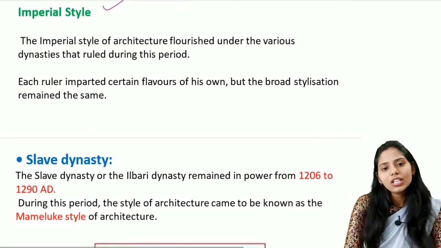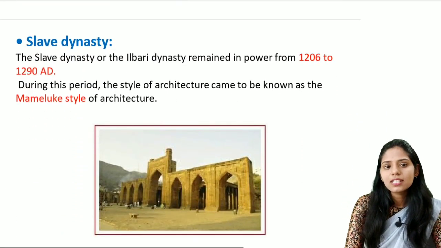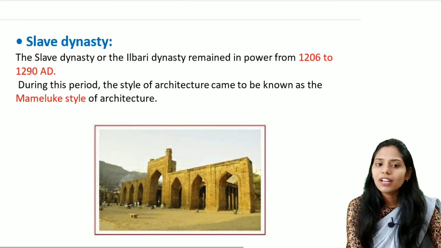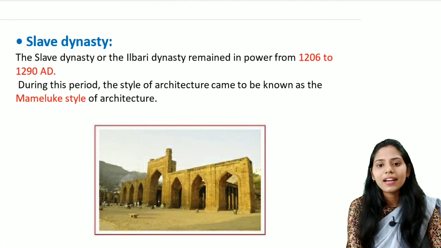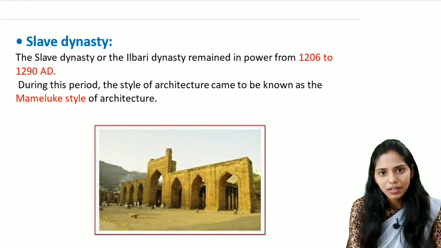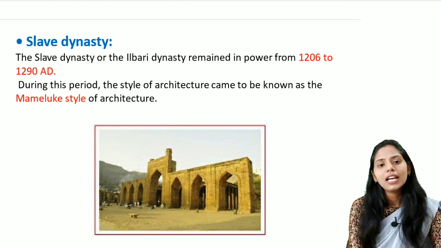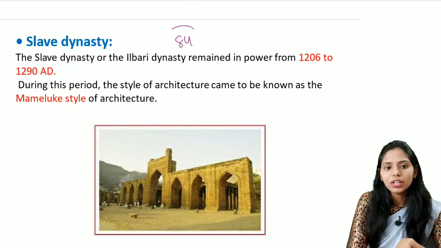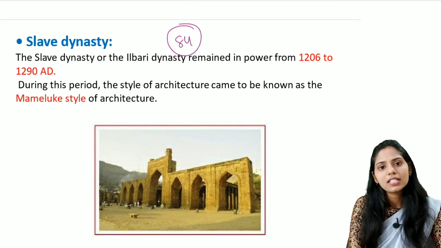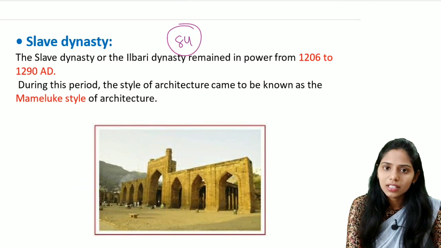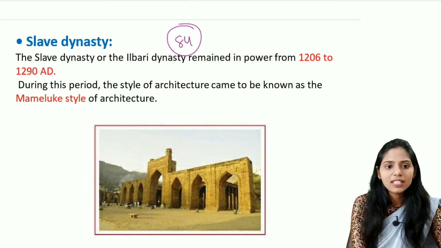Okay. So let us see the first important dynasty, that is the Slave Dynasty. Here this Slave Dynasty is also called the Ilbari Dynasty. They remained in power mainly from 1206 to 1290 AD. That means they ruled about 84 years. And the style of architecture that developed in this period is mainly known as the Mamluk